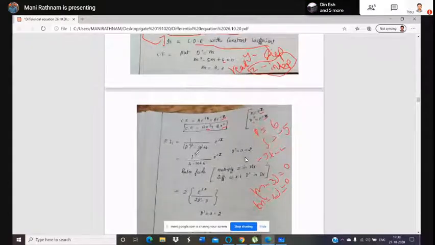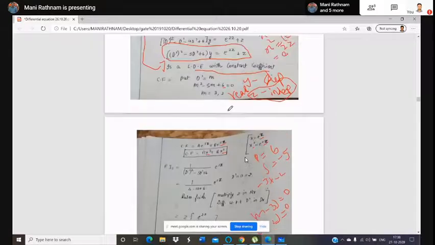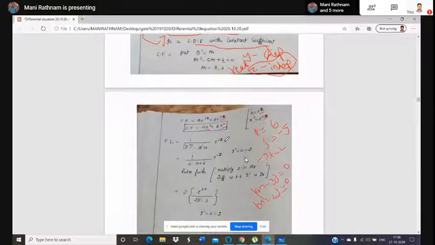E power 2z. So take the LHS function and write it in the denominator. That is D' square minus 5D' plus 6, with e power 2z as the function. And now this is under type 1. What is the type 1 rule discussed? Take the value from the exponential term, that is the coefficient in the exponential, that is a. Replace D' equal to a. Here the notation is D', so replace D' equal to a, and the a value here in the exponential is 2. Substitute 2 here. So 2 square minus 5 into 2 plus 6.